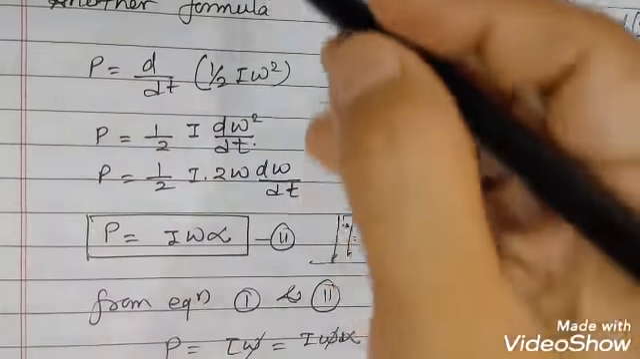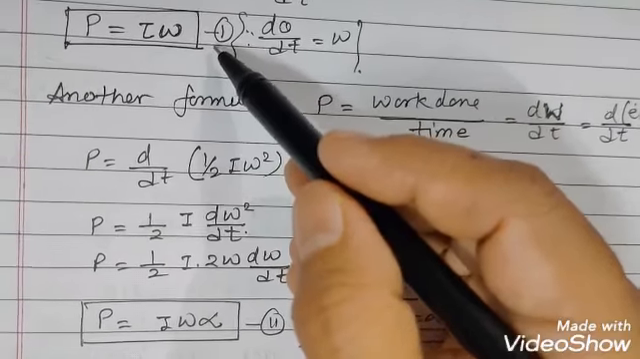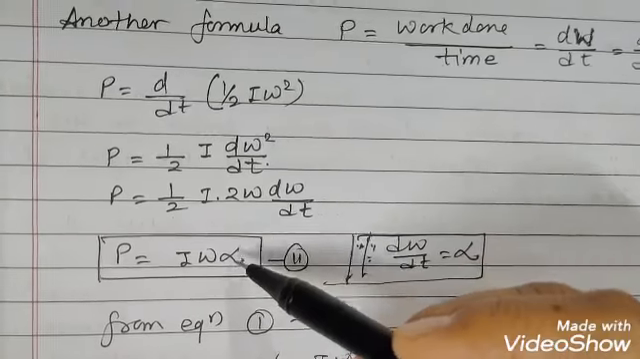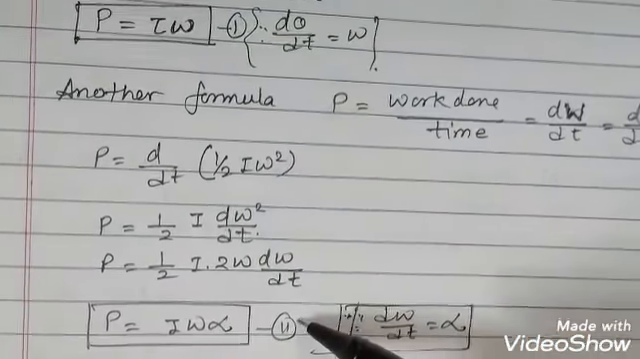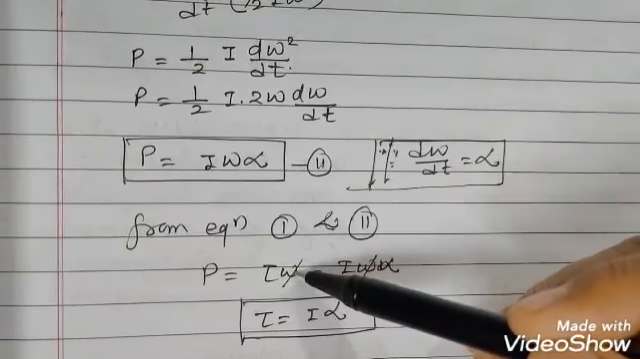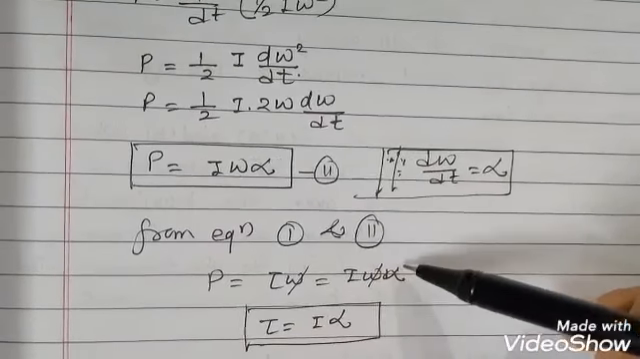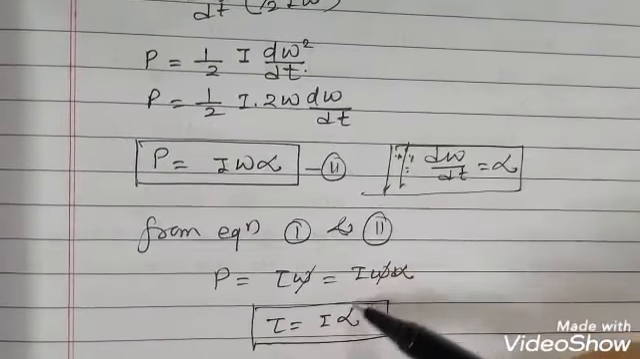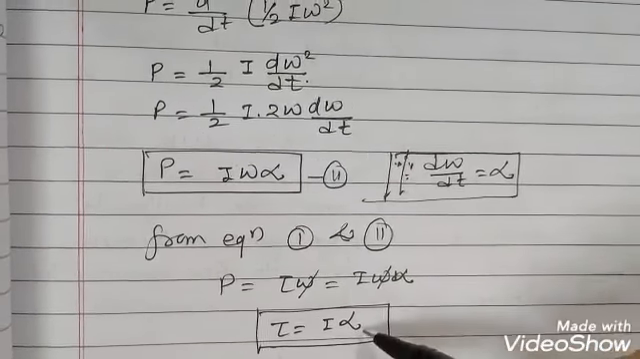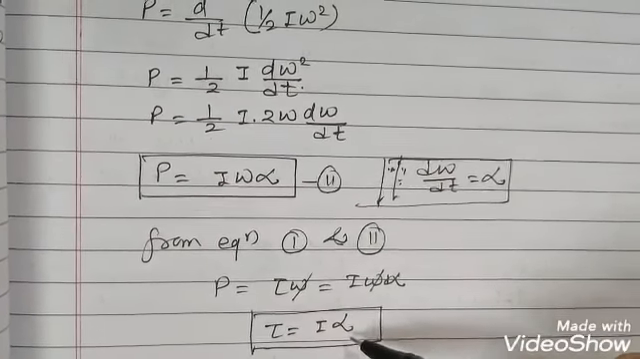So the one equation which we have derived here, that power is equal to tau omega, now here the power is equal to I omega alpha. So both the equations, if we write equation 1 and equation 2 and compare, the power is given by tau omega and it is also given by I omega alpha. If you compare these two quantities, the omega would be cancelled. So tau is given as I alpha,